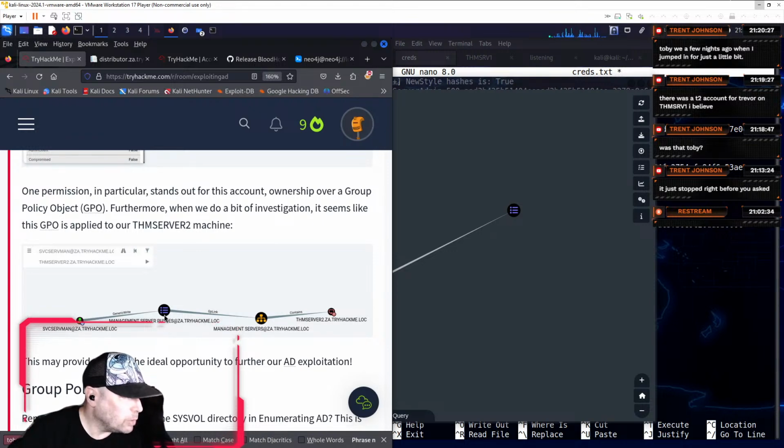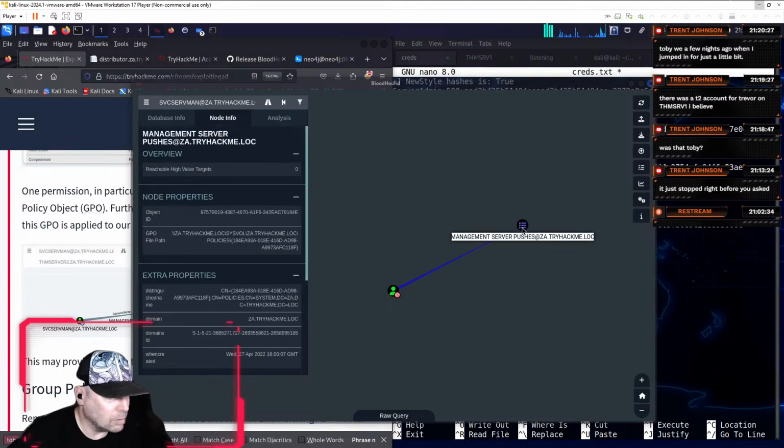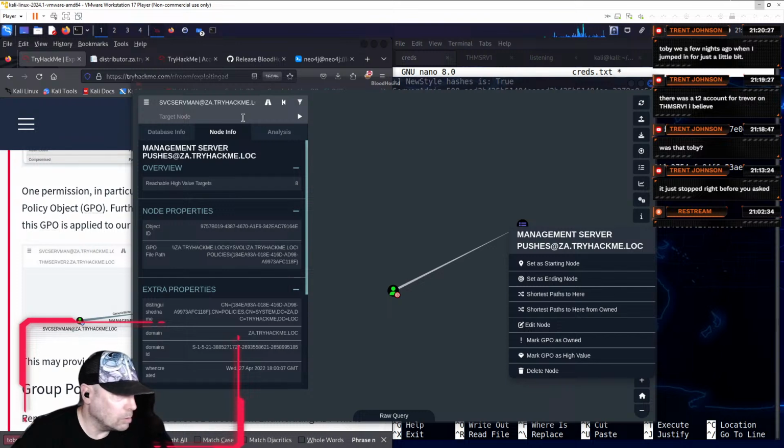Seems like this GPO is applied to our THM Server 2 machine. Manage servers in THM Server 2. How do I get there from here? Can I just add another node?